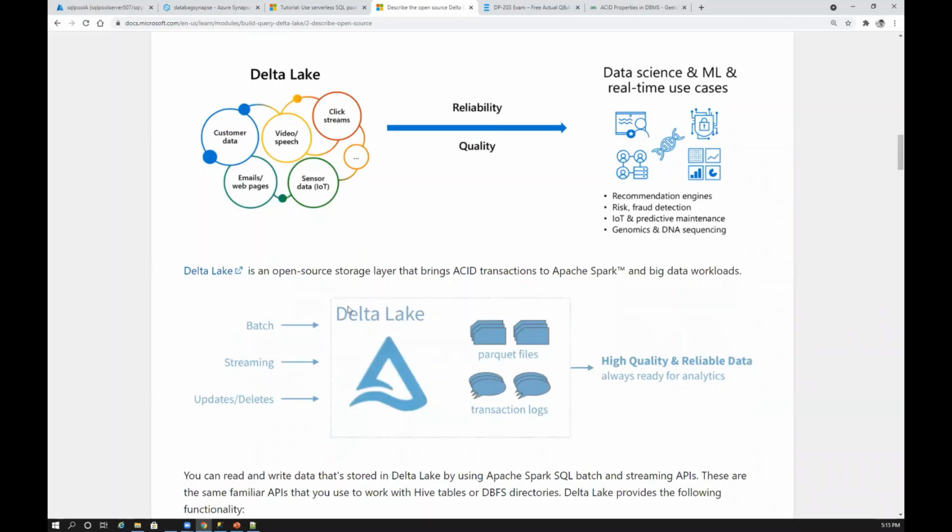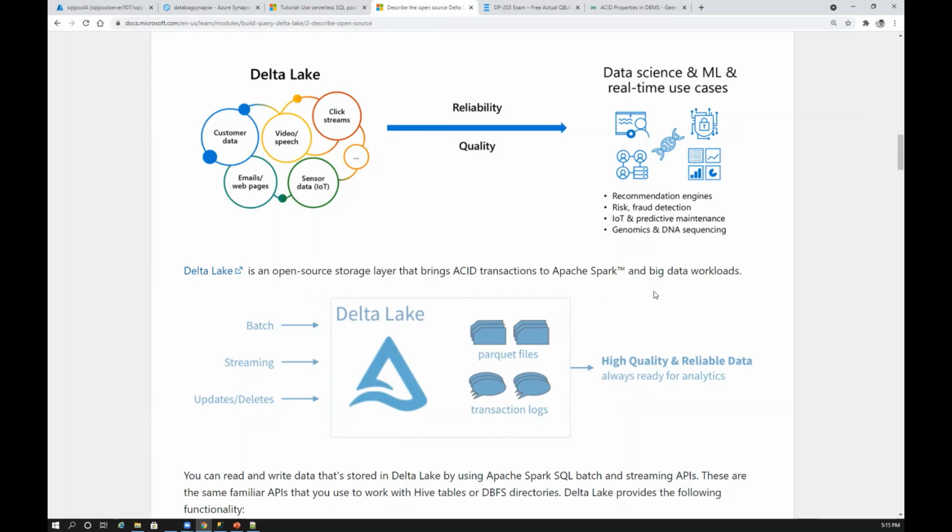Instead of a data lake, you can leverage Delta Lake. Delta Lake is part of Databricks. I think they are the guys who developed this. It's open source, then licensed to Databricks, and now Delta Lake is part of Azure. That's the history. Here you can create the Delta Lake table. The interesting part with Delta Lake is you can store the batch data, streaming data, and all the operations like updates, deletes, inserts, everything in one table.